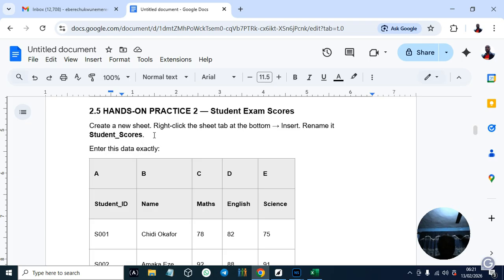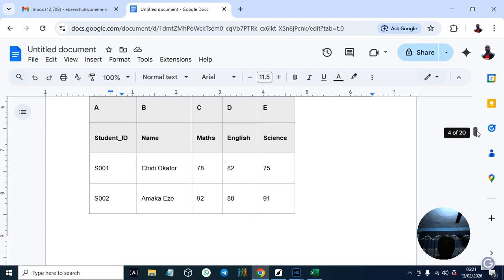And there's one thing I want to advise you: make sure you open only one workbook. Don't be using all of them. Just be using sheets. You click on sheets, rename it, right? And ensure you are saving it. Because if you're using Microsoft Excel, you need to save it, but if you're using Google Sheets, it's automatically saved by itself. So if you're using Microsoft Excel, ensure you are saving it.